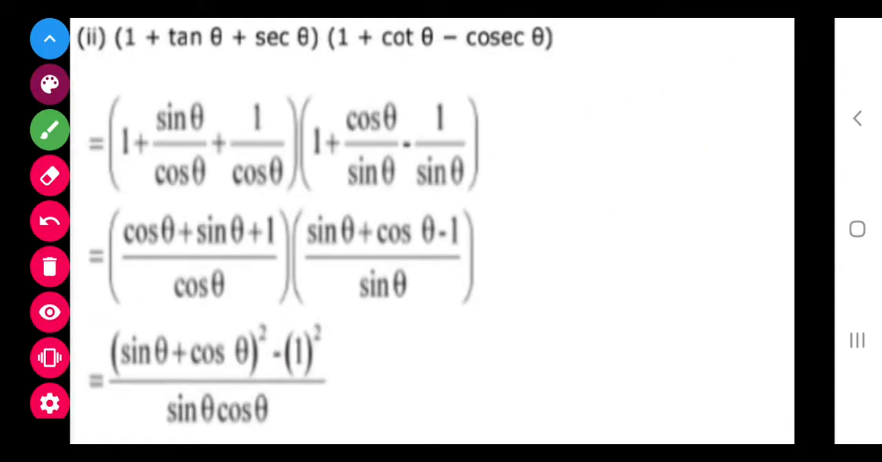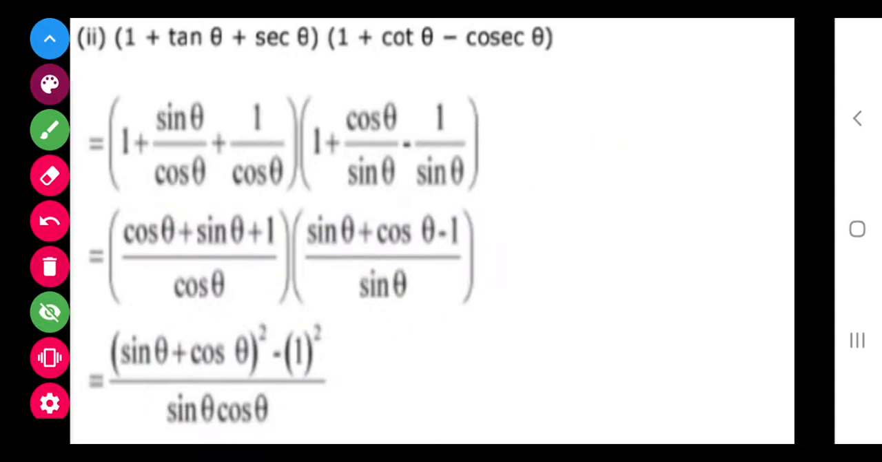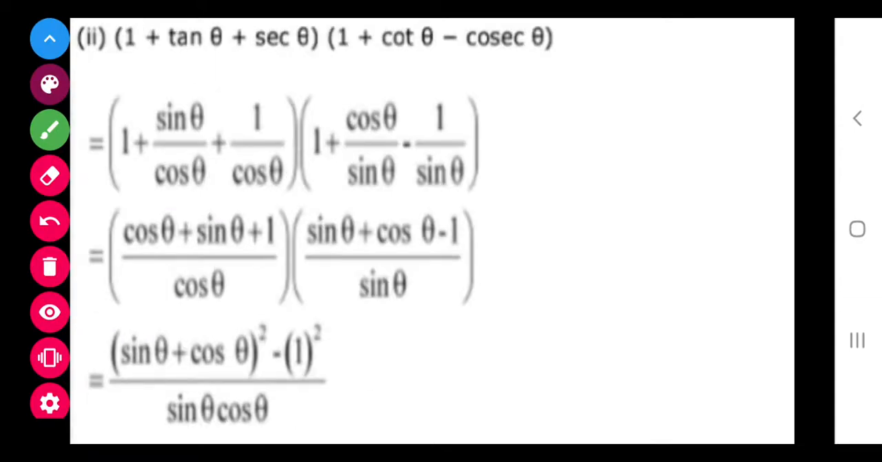Now on substituting, you can see that they have done the same. After taking the LCM, this is the result. After that, this is taken as 1, a plus b, a minus b. So the a square minus b square formula is used, and finally on expanding it,